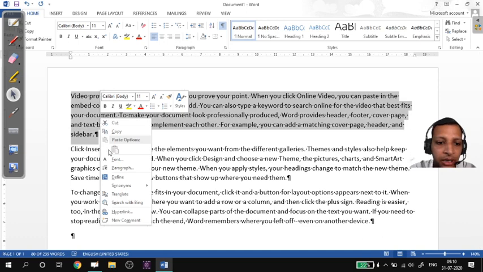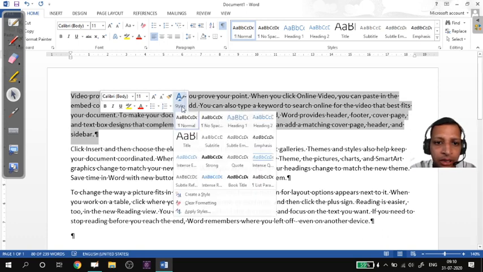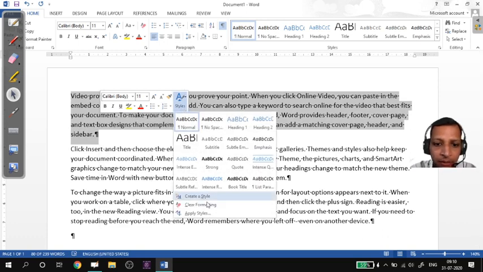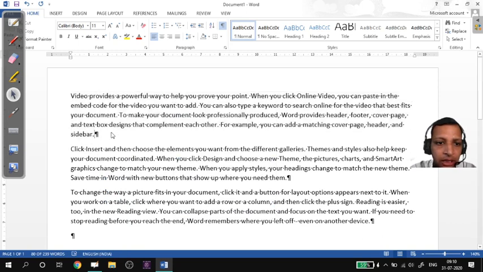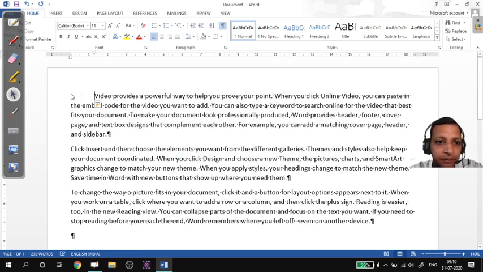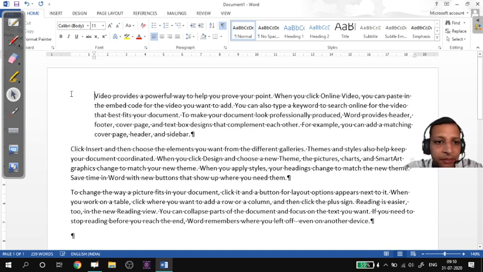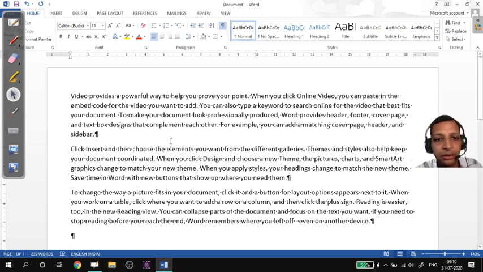Let me remove the formatting here. Clear formatting. Yes, once I clear the formatting and I press the tab key, it is still moving, because of page settings, I think. We'll look into that later on.